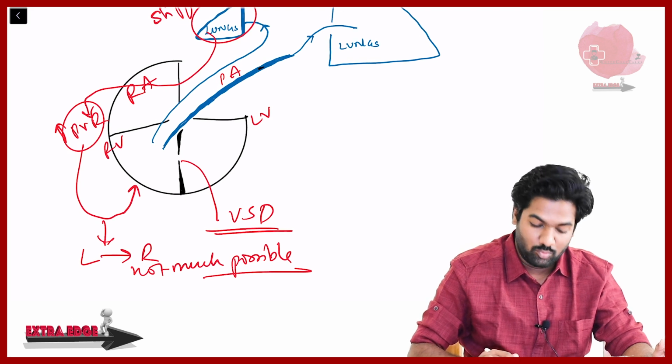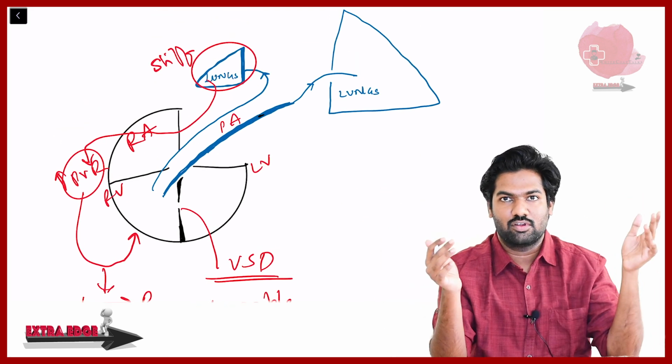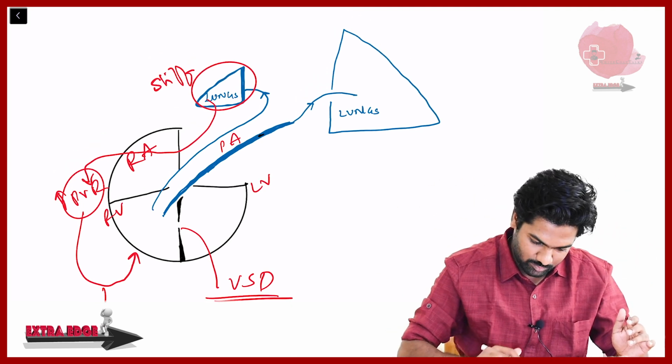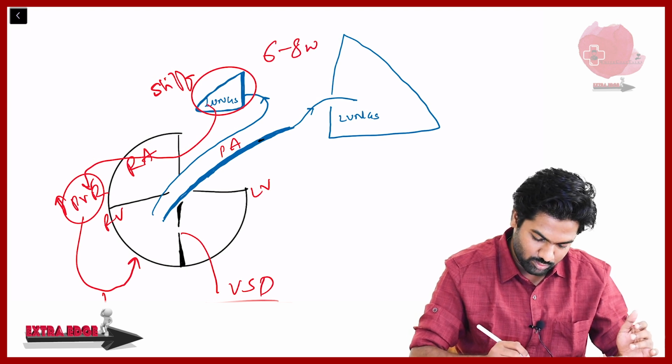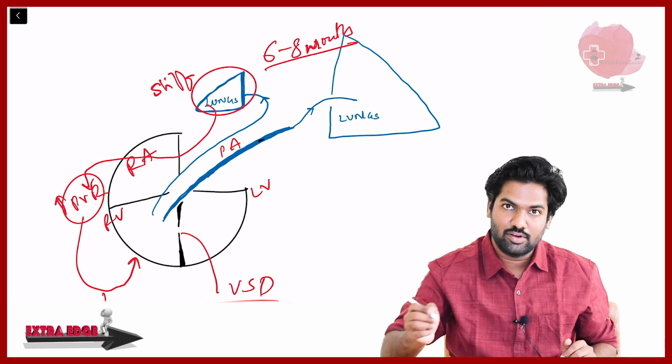Okay, but now what has happened on the other side of the diagram, what I have drawn is a very huge lung. This is telling that after some 6 to 8 months of the child growing, the lungs will obviously grow. Now here you can see this side of lung is very huge.